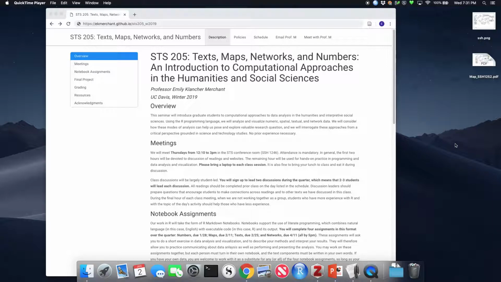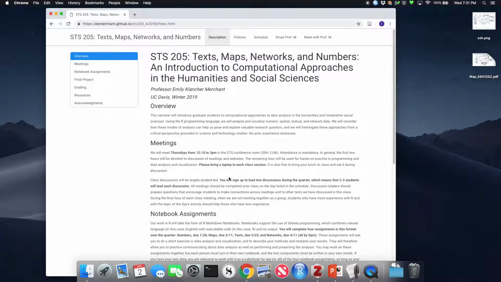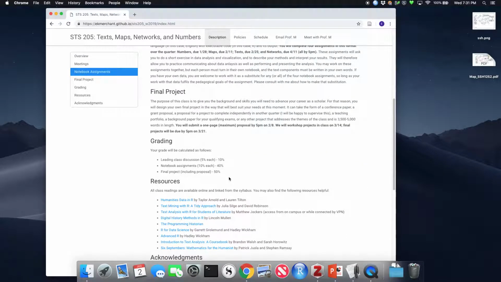If you still need to download R and RStudio and install them, you can find instructions here on the Schedule tab. This link goes to a video that I made about installing R and RStudio, and then these are the links for downloading R and RStudio. So once you've done that, come back here, and what we're going to do in this video is go down